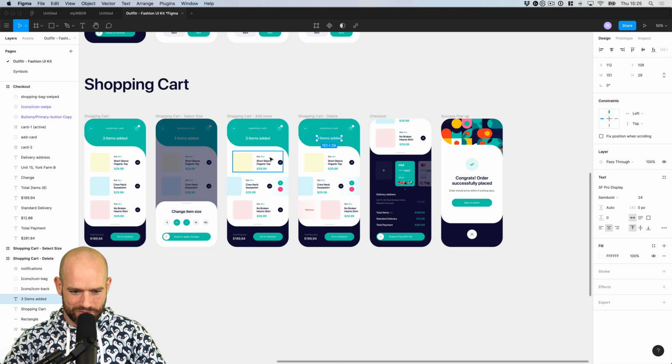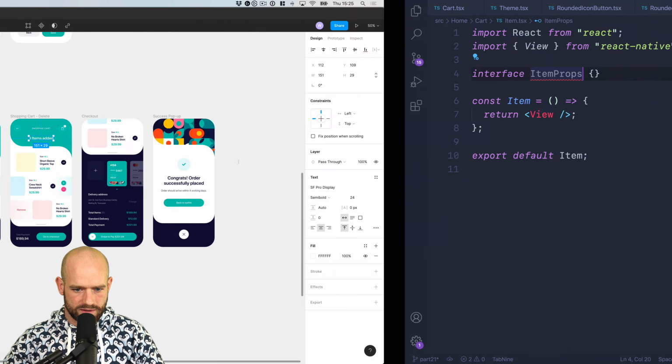But let's do a row first, and then let's make it swipeable after. So it's swipeable on both. So it looks like one row, and so some padding, and then it's divided in almost three equal parts. I mean, not really actually, but